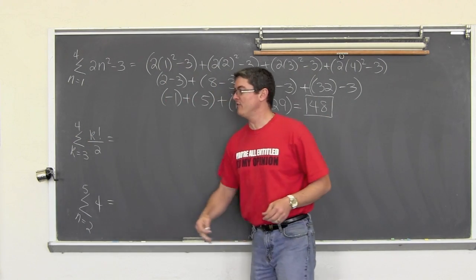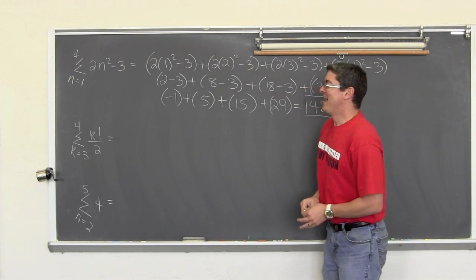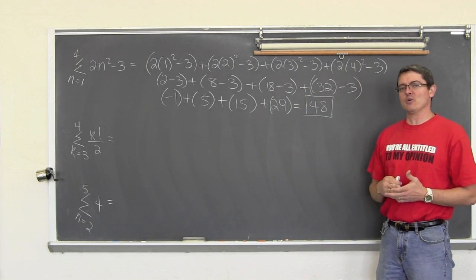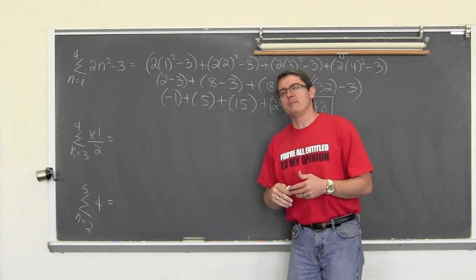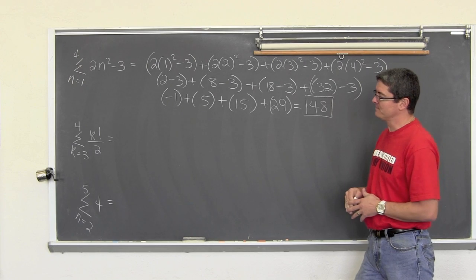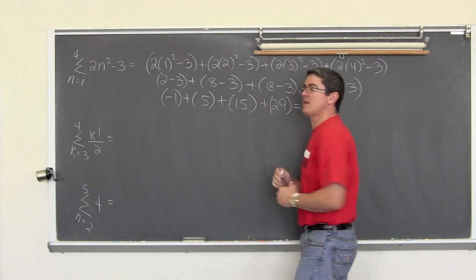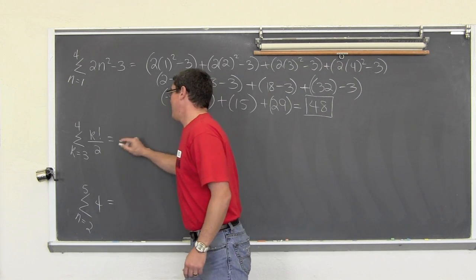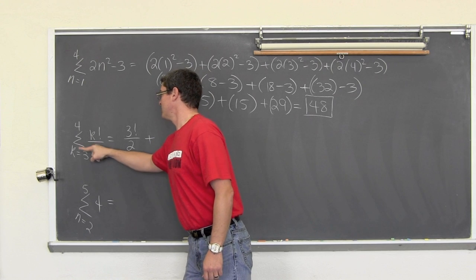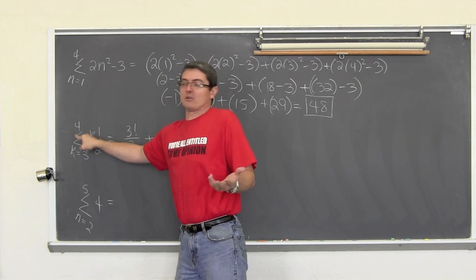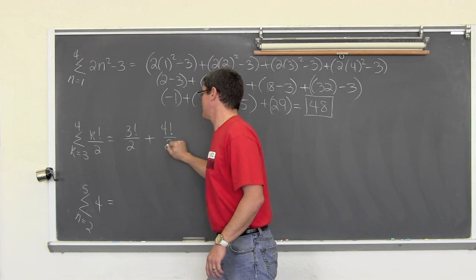The summation of k factorial over 2. And factorial, if you're not familiar with it, I'll explain as I go through the problem, but I'll have a full video about factorials right after this one. We have a lower limit and an upper limit, and just like the first example, we're going to plug those in. So we have 3 factorial over 2 plus, now upper limit, I'm going to increase by 1 and I'm done already, 3 to 4. So 4 factorial over 2.